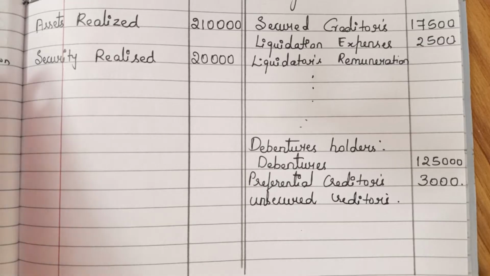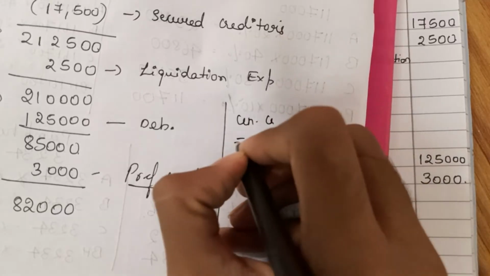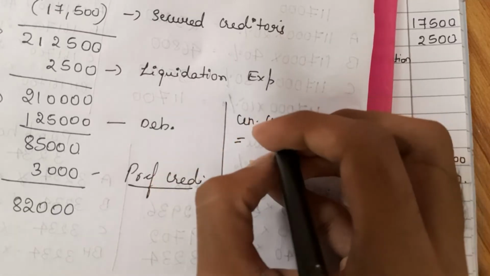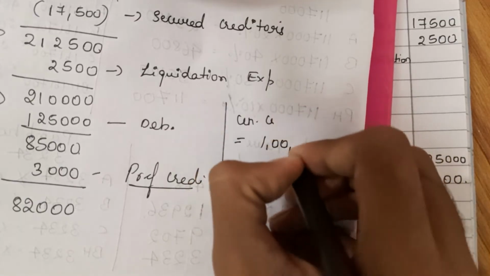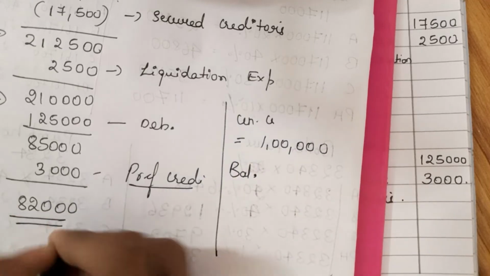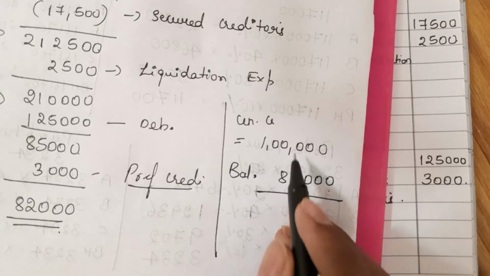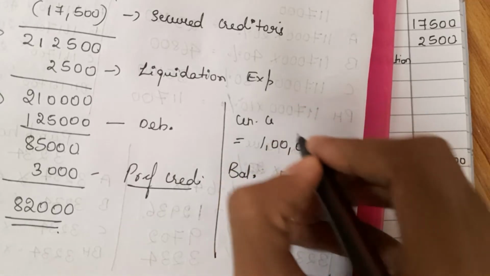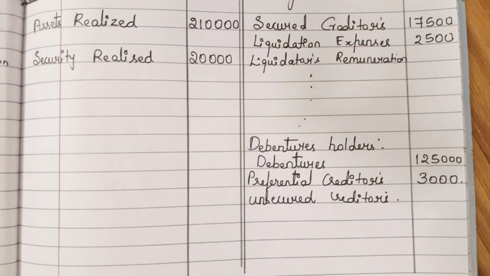Now the unsecured creditors, observe here. Actually the unsecured creditors are, how much in the question they have given? It is 1 lakh rupees. But the balance, how much we are having? Balance we are having only 82,000 rupees. So it is less. So we cannot pay the full 1 lakh. We will be paying a lesser amount. So now what we need to do is,